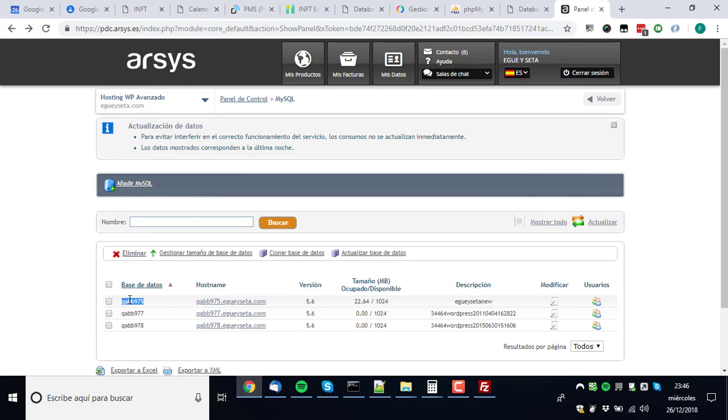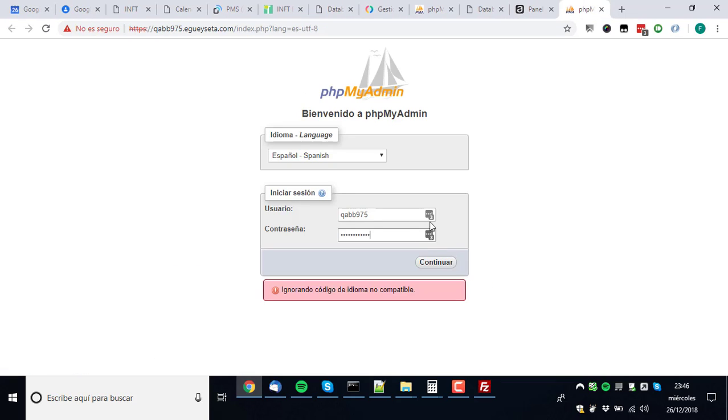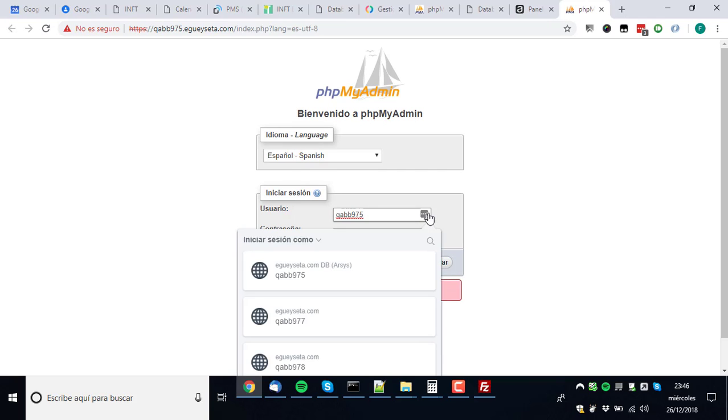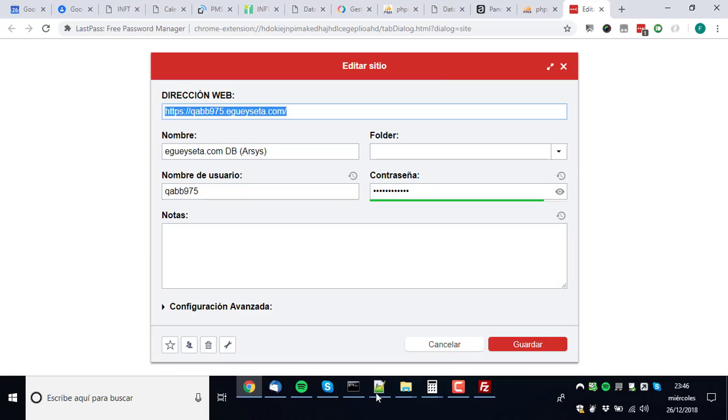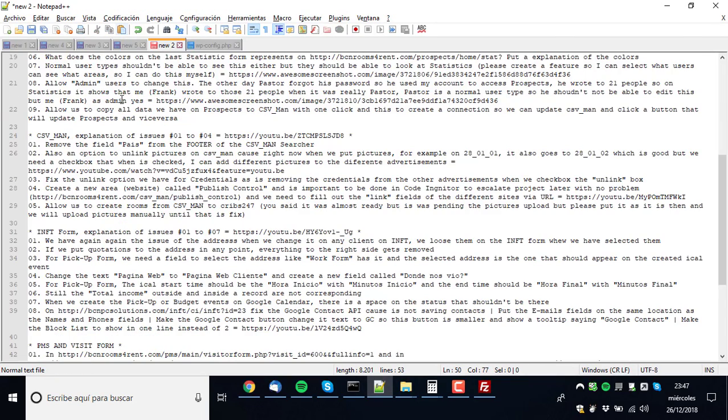The database, because it didn't allow me to put any name, it just put a name automatically, so I put it here. Okay, and inside you can access the database through here. So I'll give you the ARSYS database access as well.